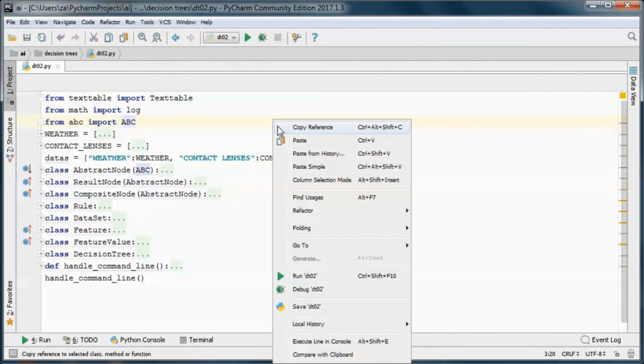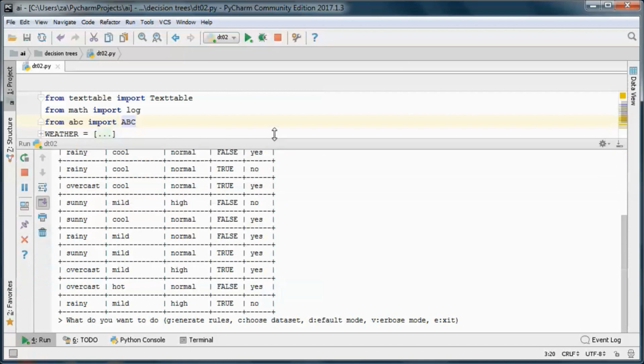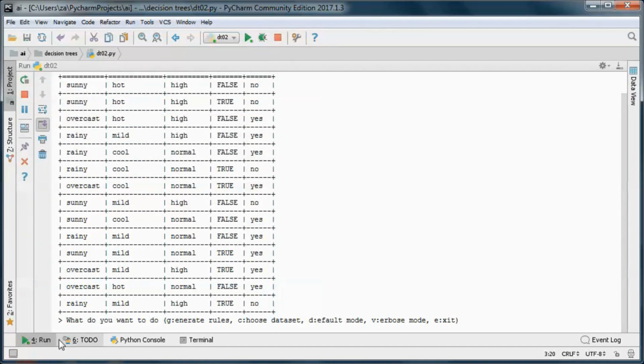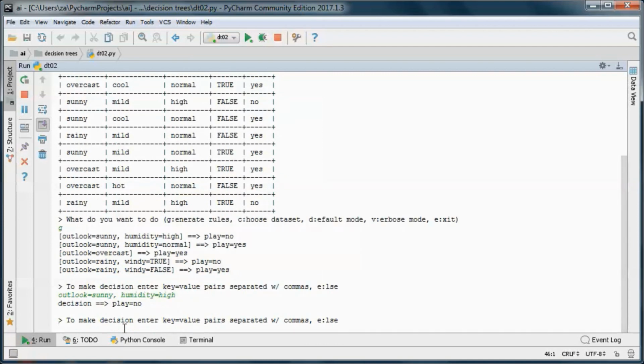And finally, let's go ahead and test run the application, and let's go ahead and generate decision rules and try to make some decisions. So for outlook is sunny and humidity is high, the decision is to not play outdoors.